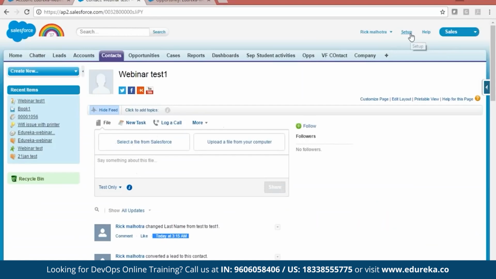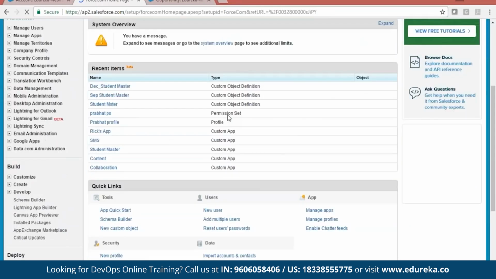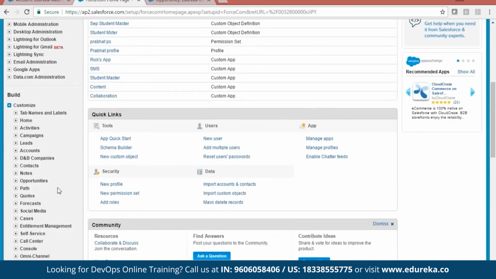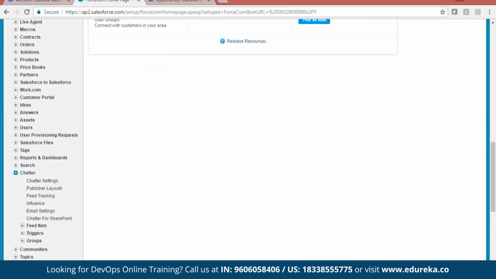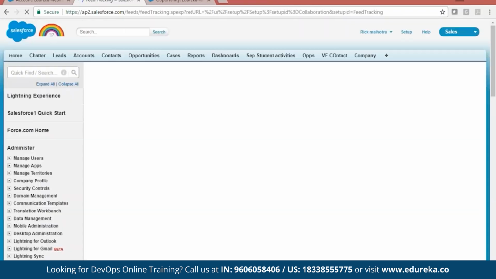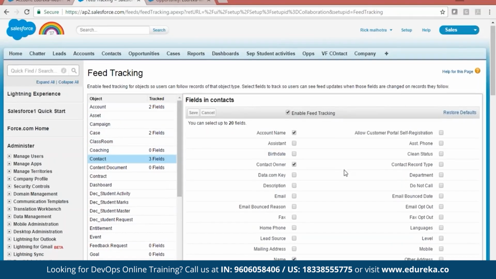To make some changes, what I have to do is click on setup and under customize, because we are customizing something, under chatter I have these settings or these options. So feed tracking for any object like contacts, accounts, or the objects which you created yourself by some development. So we can go there and choose which field I want to track.